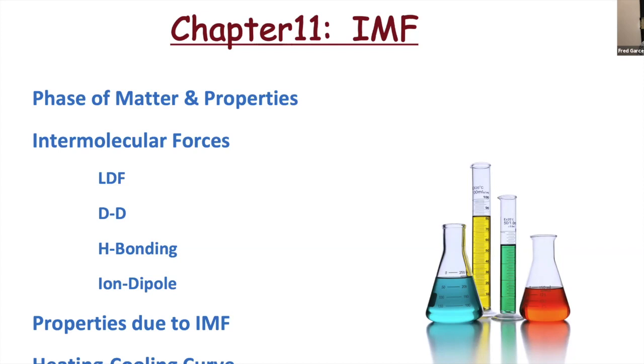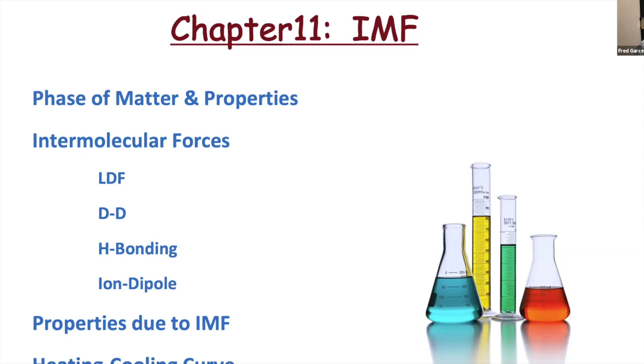For all chemicals with electrons, not for plasma. Plasma is not a state that we're used to. Plasma is basically a chemical in which the electrons are stripped. But if it has electrons, it's got London dispersion force. Dipole-dipoles for polar chemicals. Now, a chemical could have London dispersion force and dipole-dipole. In fact, if it has dipole-dipole, it also has London dispersion force. If it's got hydrogen bond, it also has London dispersion force. Because, again, like I said, London dispersion force exists for all chemicals.